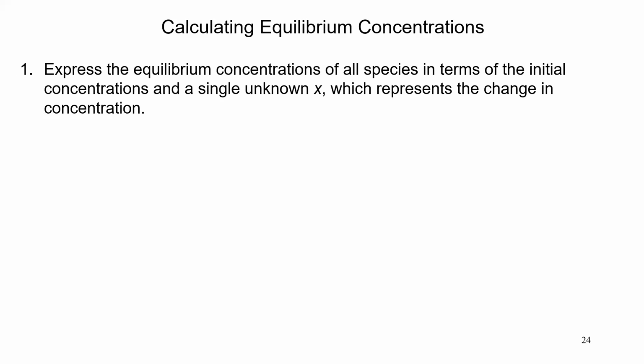So in calculating equilibrium concentrations, there are a few steps we need to keep in mind, right? The first is that we need to express all of the equilibrium concentrations in terms of their initial concentration and then one unknown, right? So, for example, if water breaks down into hydrogen and oxygen, for every water molecule, we're